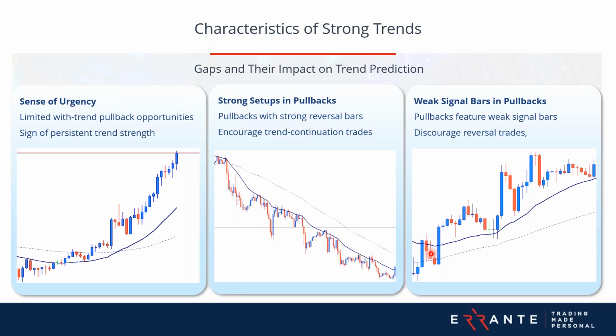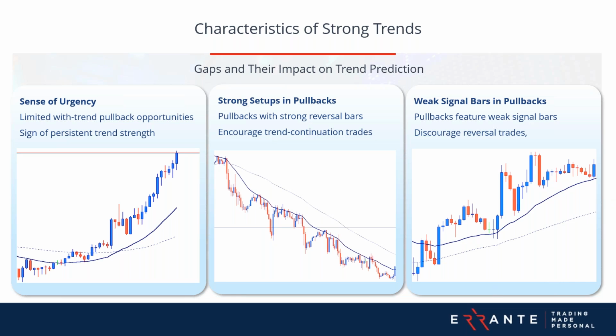For example, here you see during this uptrend, we have these dojis as pullback bars, and they are followed by this long trend bar body here that signals the reversal is not really strong here. So it's better to stick to the current direction of this uptrend rather than waiting for a